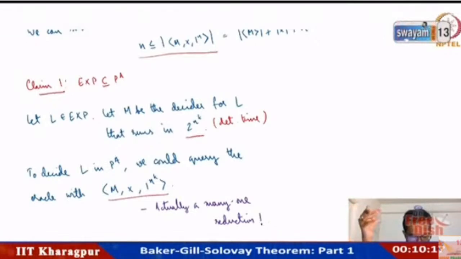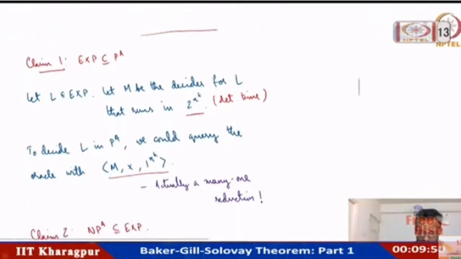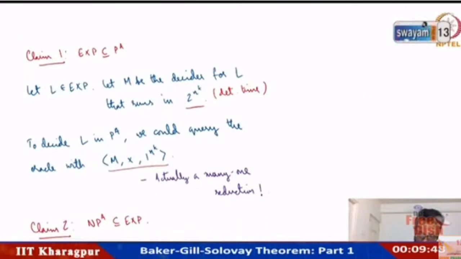And what does the P to the A machine, the base machine, actually have to do? The base machine just has to write down this M, x, 1 power n power k on the query tape, and this can certainly be done in polynomial time, right? Because n power k is what it has to write, and M and x are fixed. x is the input, right? So this can be done. Hence,